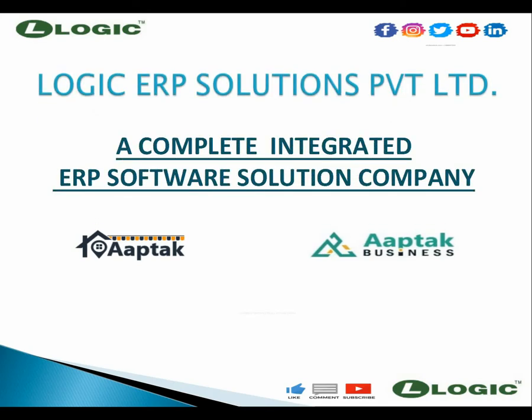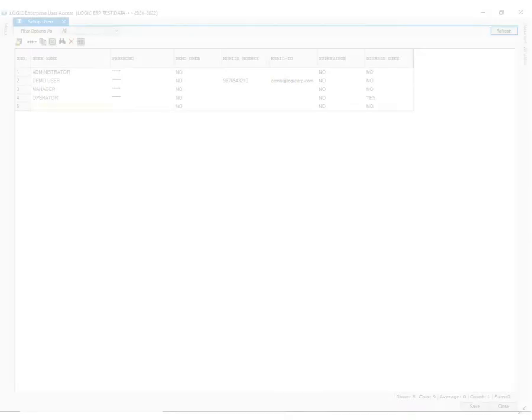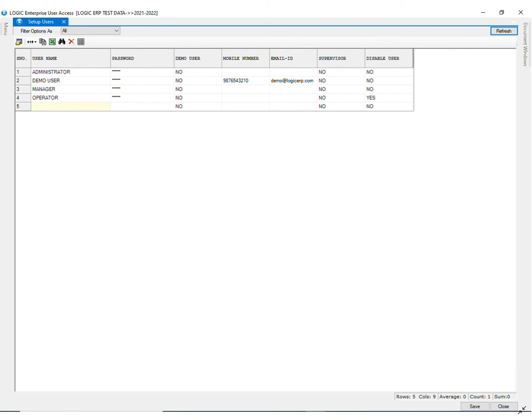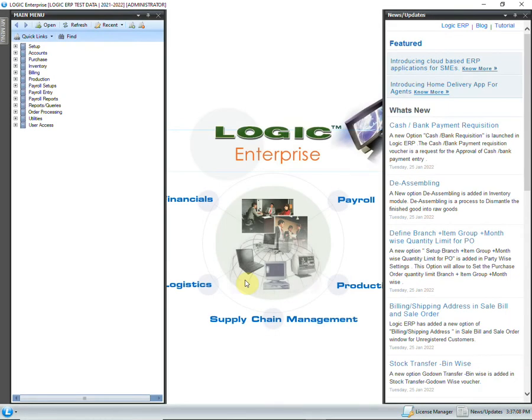In this video, we will learn how to set up user access groups. We have already learned how to set up users in the previous video. I have linked that video in the I button. You can click on the I button to watch it. The Set up User Groups option allows us to grant rights to the whole group instead of granting them to individual users. Let us look at the process.